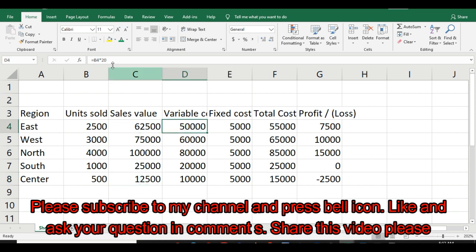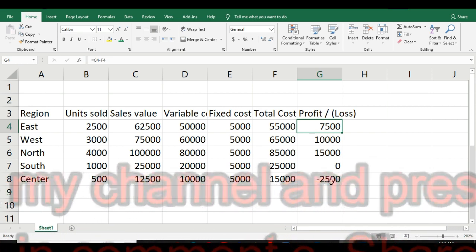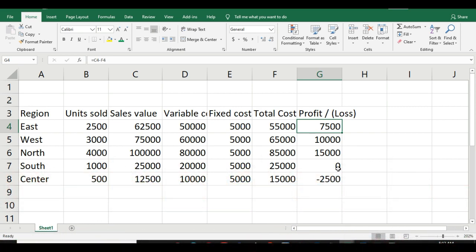Variable cost, 20 rupees is the variable cost, and I multiply this with column B. Fixed cost is 5,000 for each and every region. For the total cost I add column D and C, and then for profit and loss I deduct the total cost in column F from the sales value in column C. So if you are in profit, you find this, and if you are in loss, you will find negative for this. So this is the sheet.